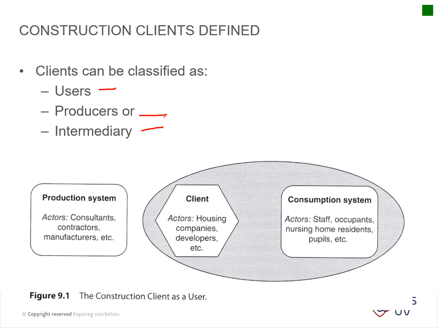Then we get to construction clients defined. Basically, clients can be classified as either users, producers, or intermediaries. So firstly, your construction client as a user includes your client and a consumption system. A good example of this might be a municipality, who will be the client, but they will also be ultimately the end user of that building. Okay,